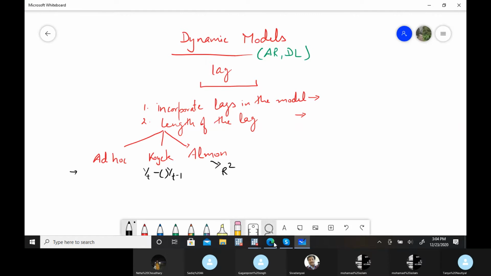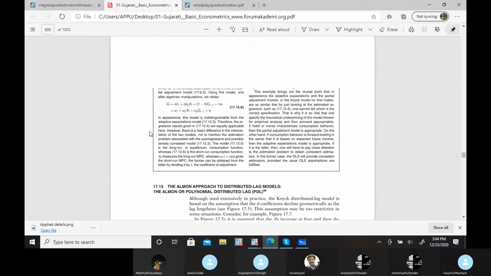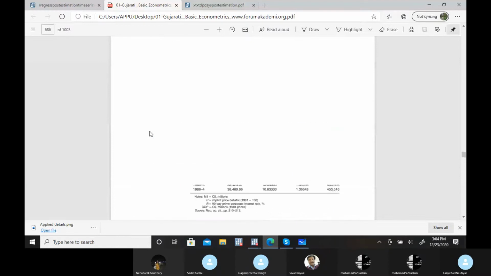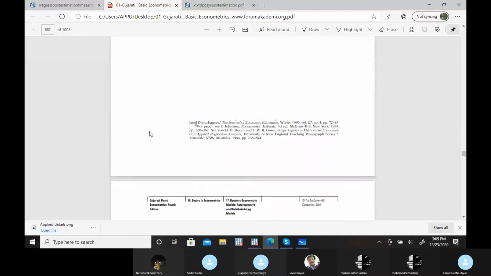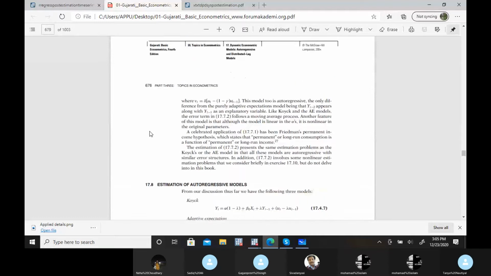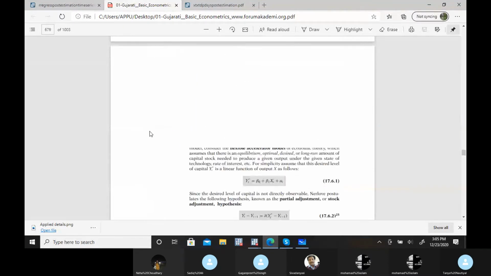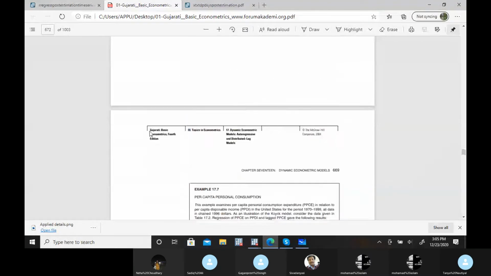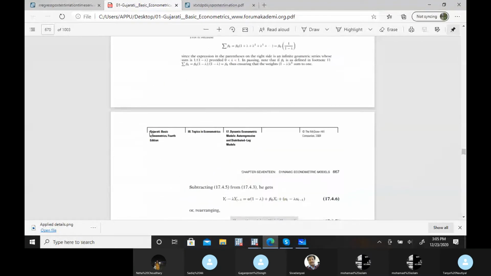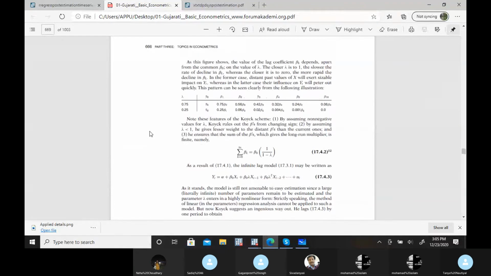Let me give you the Koyck example first, of how the Koyck approach takes the lag length. Actually, they take y(t) minus 1 in place of all the lags of the x variable. That's the Koyck approach.